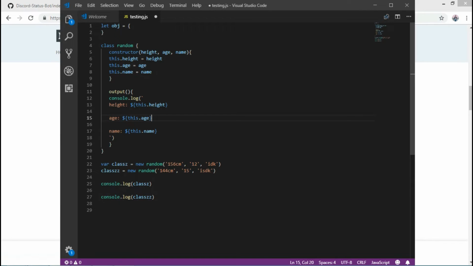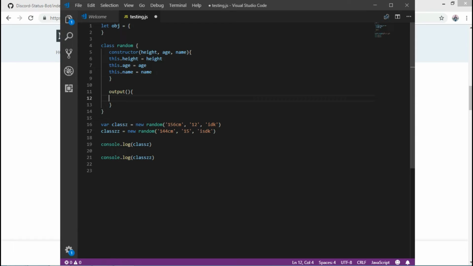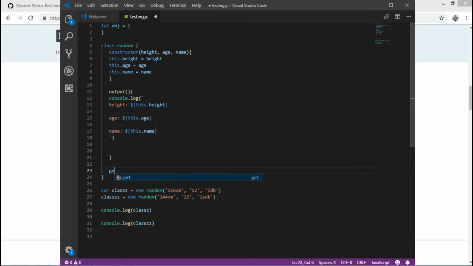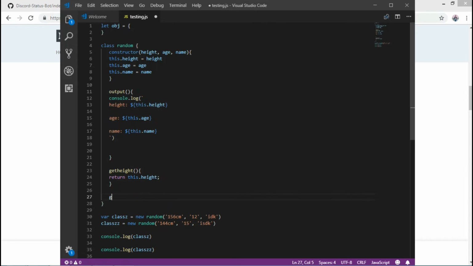Alright guys, so let us make a function which returns the data of height, age, name separately. So for example, we can make something like, alright, let us just remove this. So get height, return this.height, get age,